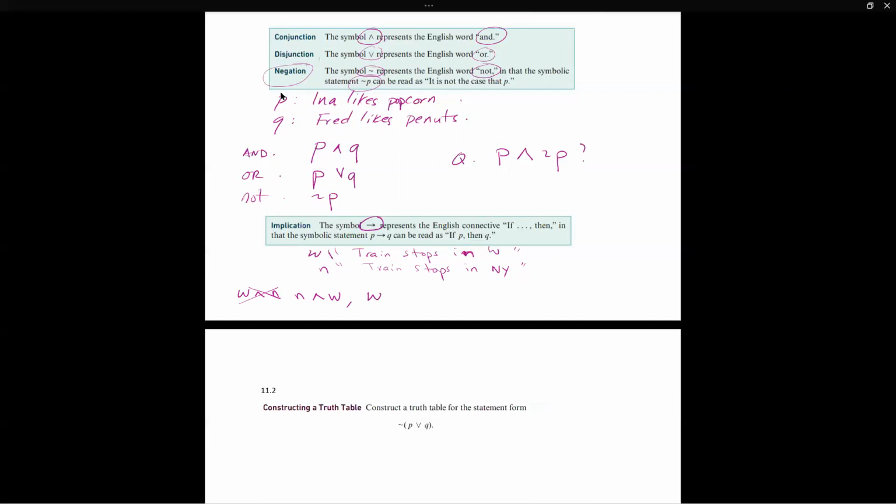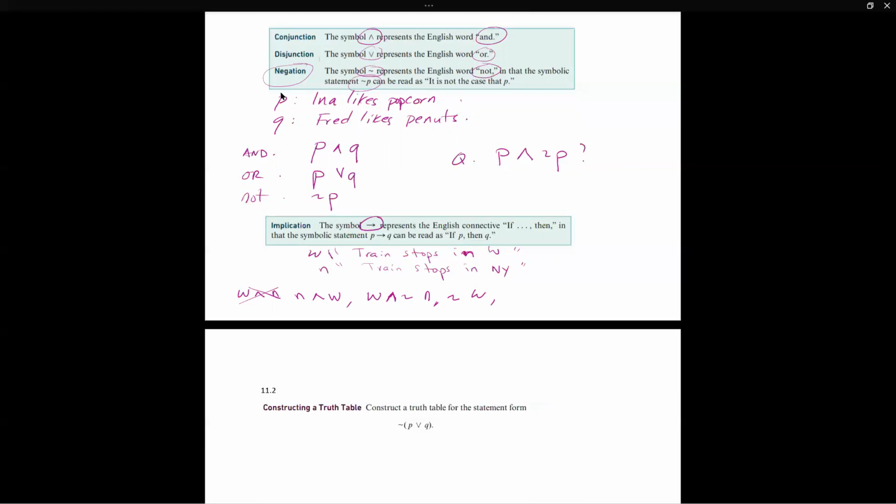It stops in Washington, but not in New York. You see? So now it helps you reflect now on the others. The train does not stop in Washington. All right?